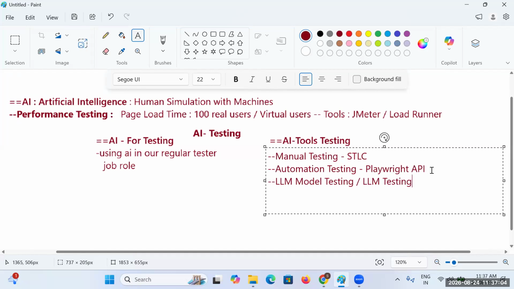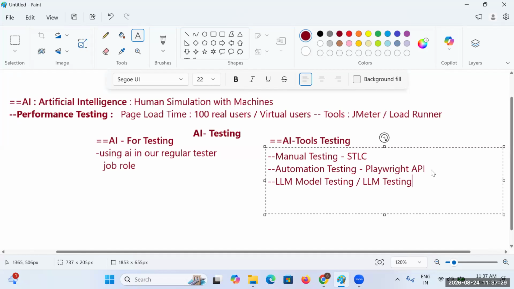So that is how we got an option. While working with AI tools, if you want to test those tools, it will be done with the help of manual testing, automation testing, and LLM model testing here.